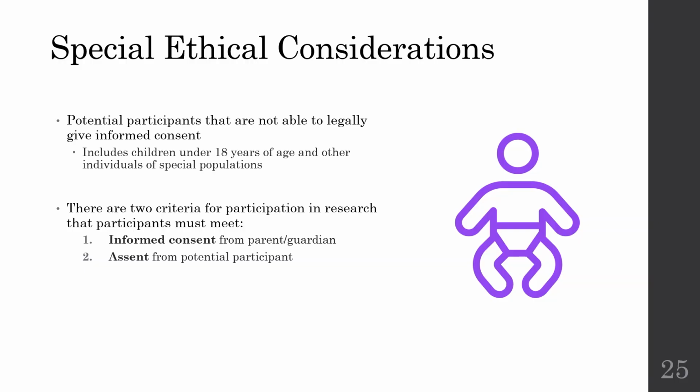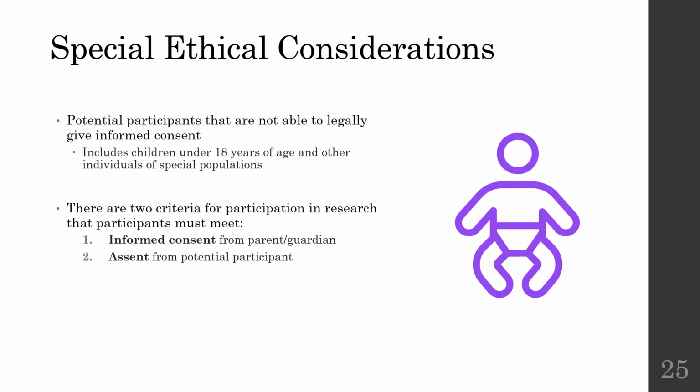And then, like I said, there are certain populations, certain groups of people that have special ethical considerations. The one I mentioned before were inmates, who have much less availability to benefit from research, but also people under the age of 18 are a special population. Oftentimes pregnant women are also considered a special population. These different groups of people are not considered able to give what's called informed consent, right? So they are special protected groups that cannot provide informed consent and may or may not have to have informed consent given for them